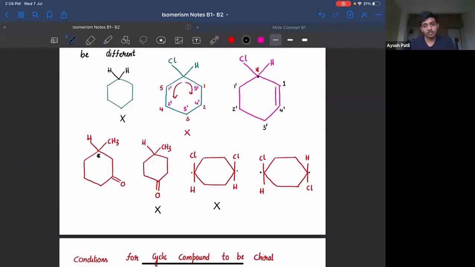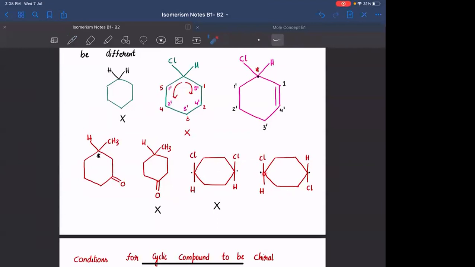No, sir. Again, क्योंकि 1, 2, 3 थर्ड पोजीशन पे ही आपको क्लोरीन है, 1, 2, 3 थर्ड पोजीशन पे ही आपको क्लोरीन है. In both the paths, the chlorine is facing downwards only. यहाँ पे भी downwards है, इस path में भी downwards है. So there is no different path. Similarly, इसके लिए यहाँ पे भी क्लोरीन upwards है, इस path के लिए भी क्लोरीन upwards है. Okay. So even for here, there is no chiral carbon. Clear?